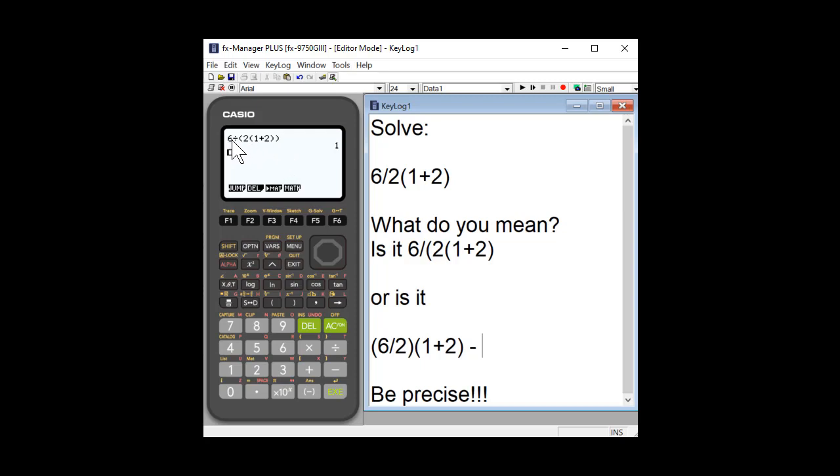So this is being interpreted as implied grouping. So anything after division, unless you put a parentheses to separate it, as in this case, it's going to assume that this entire thing is grouped, and that entire quantity, 2 parentheses 1 plus 2, is the divisor, being divided into 6. If that's not what you wanted, you could go up and change it.